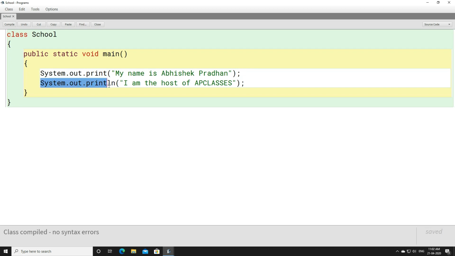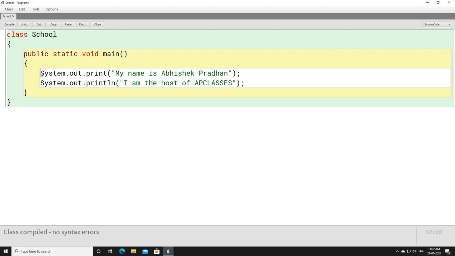Because of println, ln stands for next line, the control will move to the next line. Once again I am repeating: because of print, once it prints my name is Avishek Pradhan, the cursor will stay in the same line. Because of println, the cursor will move to the next line.